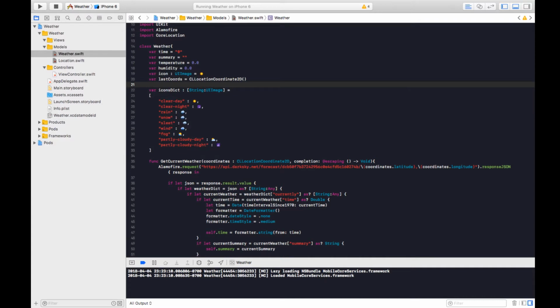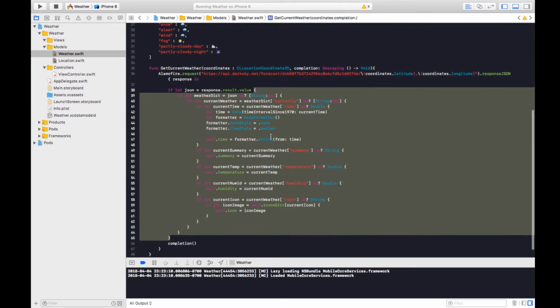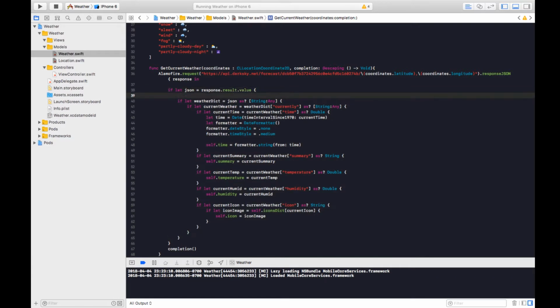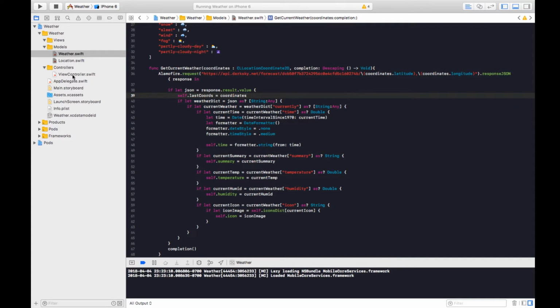This is just a general variable that we're going to have, and when we get a good result, no matter what, when we get a good result, I'll say self dot last chords equals coordinates that we passed into this function, and then over here,